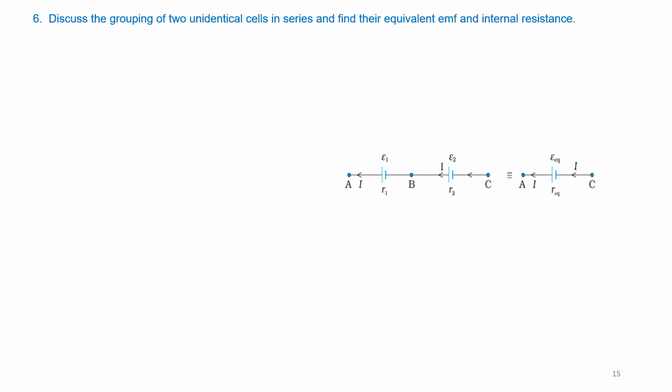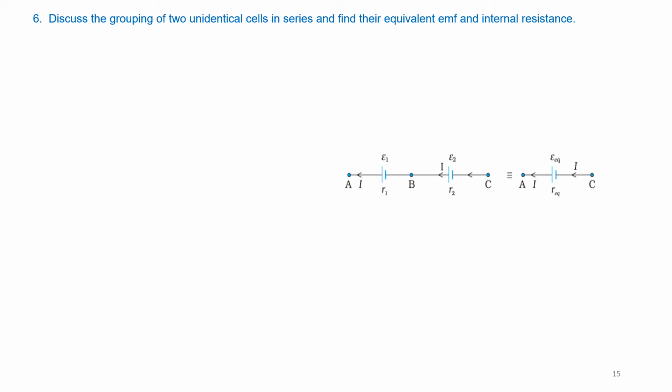The terminals between A and B are of cell E1. This is the positive terminal, the longer bar is the positive terminal by convention, and the smaller bar is the negative terminal by convention. This is E1. The two terminals of E1 are A and B. Similarly, for another cell E2, whose EMF is E2, the terminals are B and C. Here also the positive is the longer bar and the negative is the smaller bar. So these two are connected side by side.